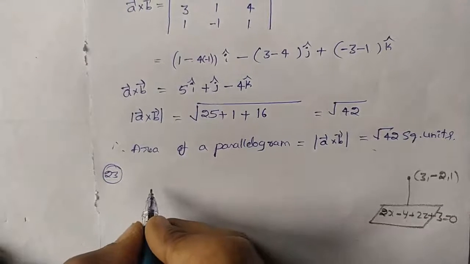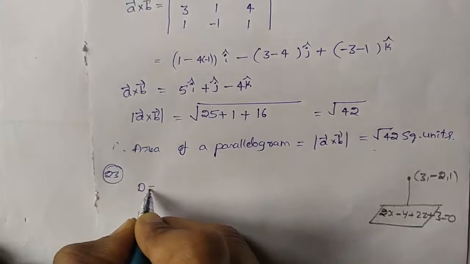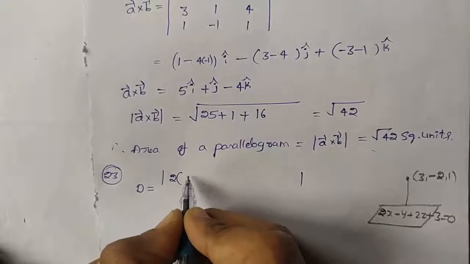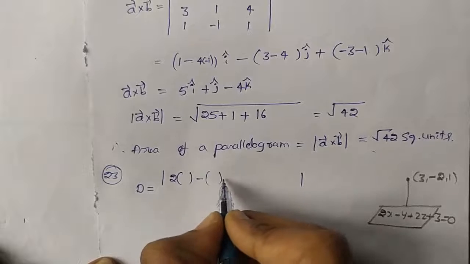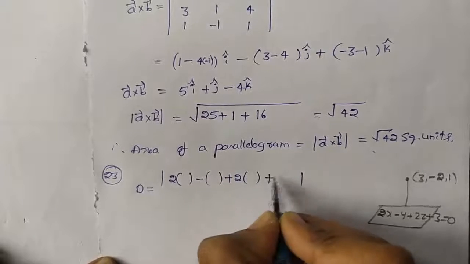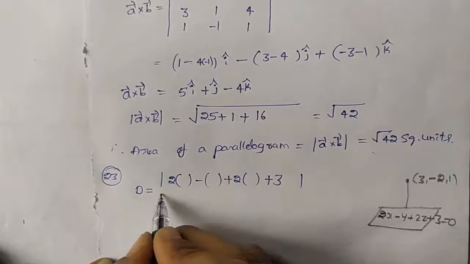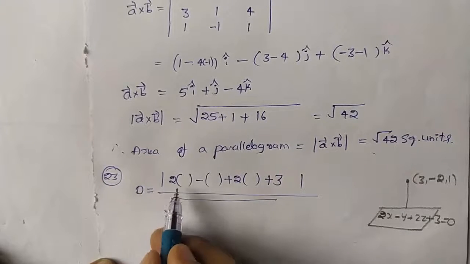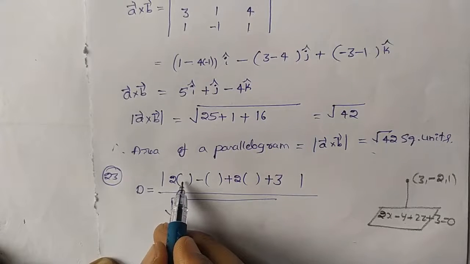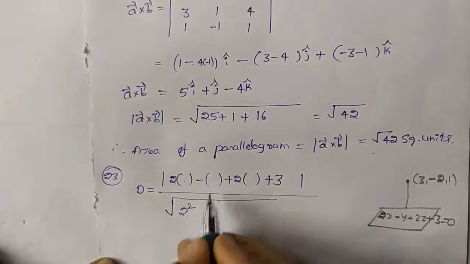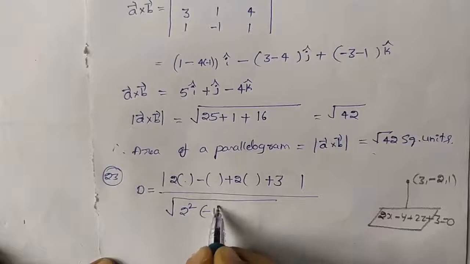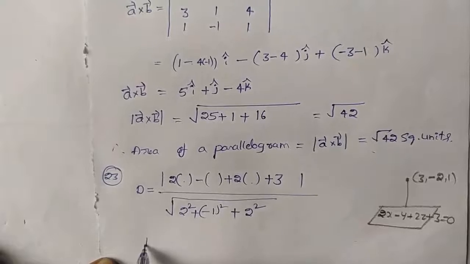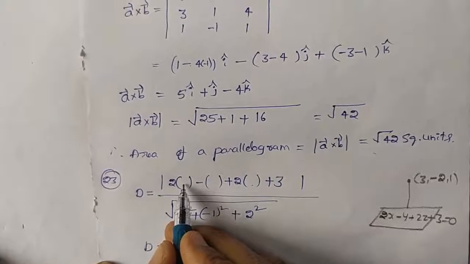For finding the distance, d equals to apply modulus. Write the given plane. Given plane is what? 2x minus y plus 2z plus 3. It is the given plane, right? Divided by square root of x coefficient is 2 square, y coefficient is minus 1 whole square, plus z coefficient is 2 square. So distance d equals to, now put x, y, z,